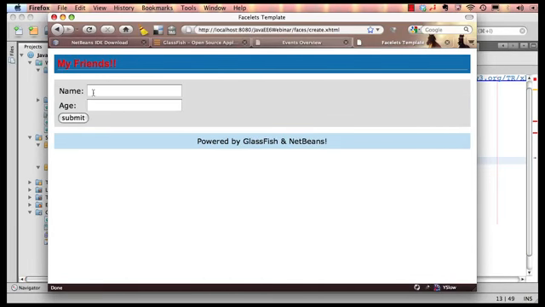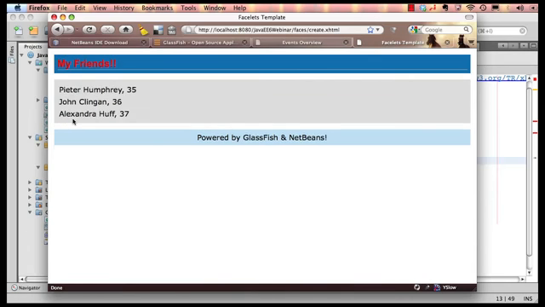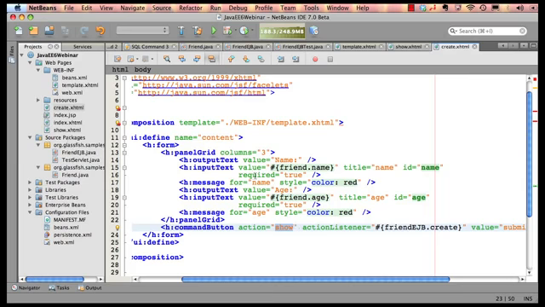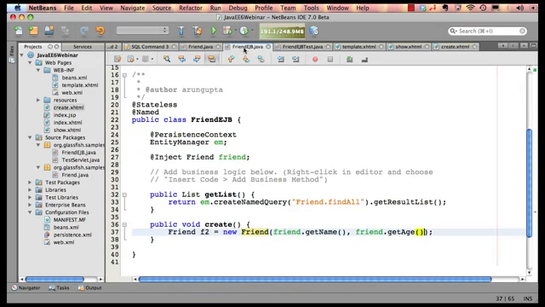Now I got my name and age fields over here. Let's say I add another friend of mine, Adam Laftic, and give him a fictitious age of say 34. And I click on submit. And even then, I still get the list that was populated earlier. So let's look at our code. Back to our EJB. The missing piece here is we, of course, need to say